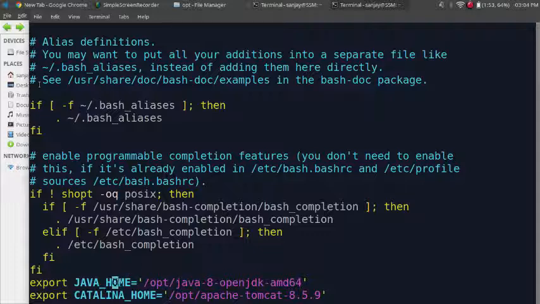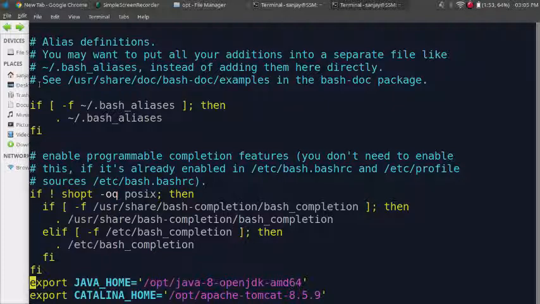Why is the environment variable set? Because you need to set the Java path and Catalina path for the Apache Tomcat web server. These things are required, because you might know that while running a Java program you also need to set the Java path when you install Java in your system. But now these things are done automatically. Previously that was not the case; you needed to configure the Java class path and these things for running the Java program.